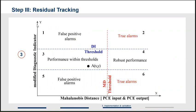And a sort of diagnostic map was created. In the epsilon axis, we have the diagnostic indicator, which is the residual of the PCE model. And on the x-axis, we have the Mahalanobis distance, which is compiled from a big, let's say, data volume consisting of the complete PCE input and output. And then the idea is to set these, let's say, 6 regions and to identify how the results will occur,